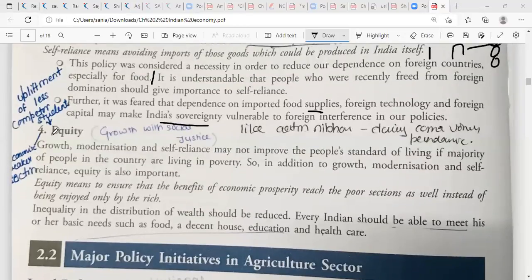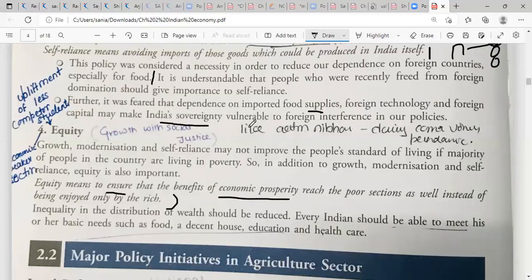Now the last goal is equity. Okay, so ma'am, what is equity? Equity means to ensure that the benefit of economic prosperity reaches the poor section as well, instead of being enjoyed only by the rich. For example, in a country, rich people enjoy lots of benefits, right? But poor people don't enjoy any benefits. So equity means you have to ensure, make sure, that the benefit of economic prosperity